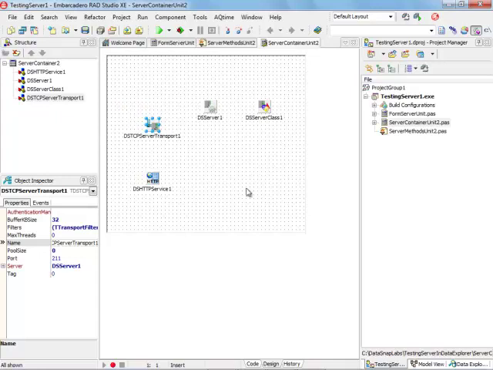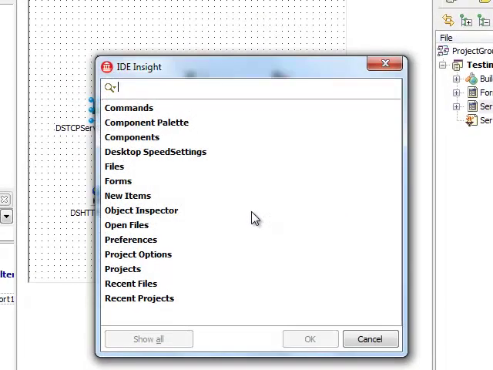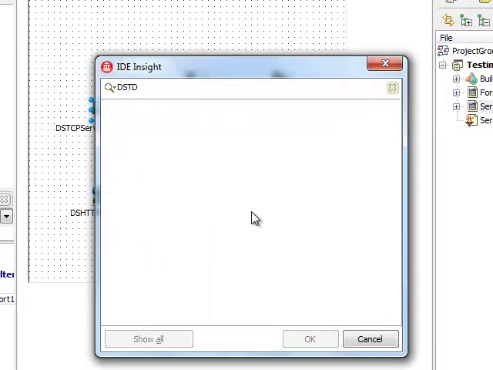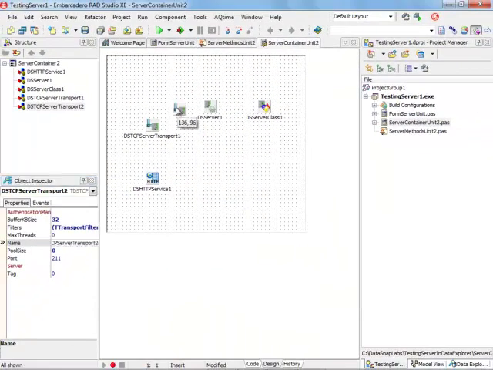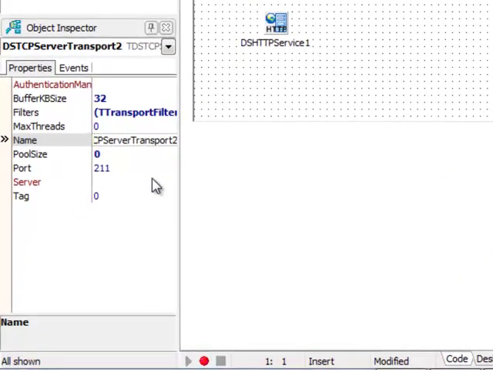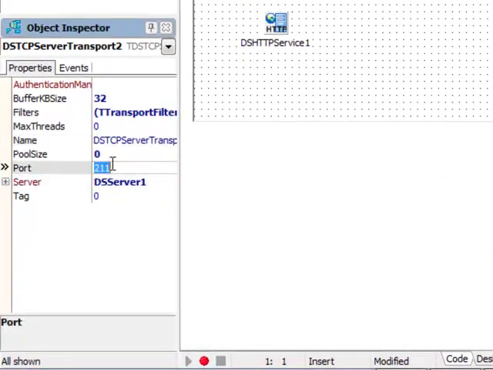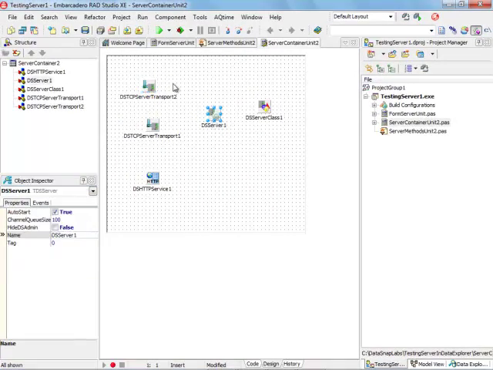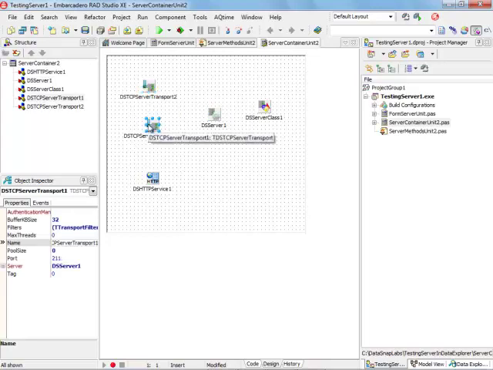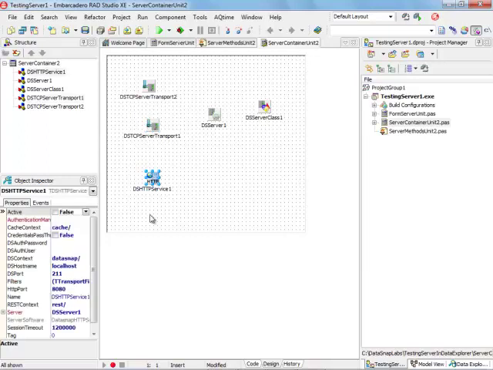So for example, I could actually go ahead and say I want to add this DSTCPServerTransport component, and this second transport component can be connected to the server, and it cannot be using the same port, so I'm going to go for the port 212. So now we have our server application that listens on 2 different TCP/IP ports. One is 211, one is 212, and one HTTP port